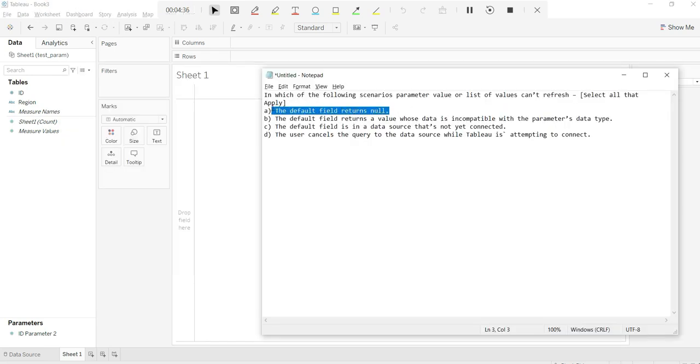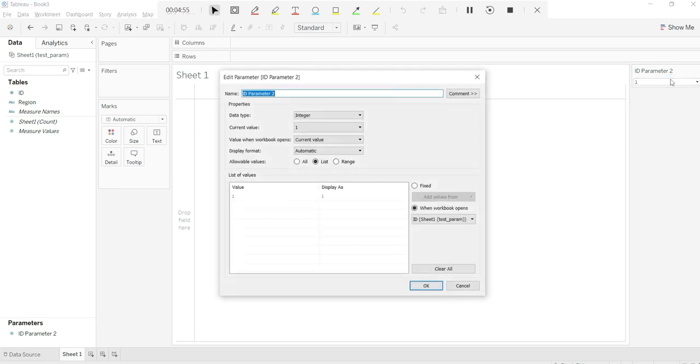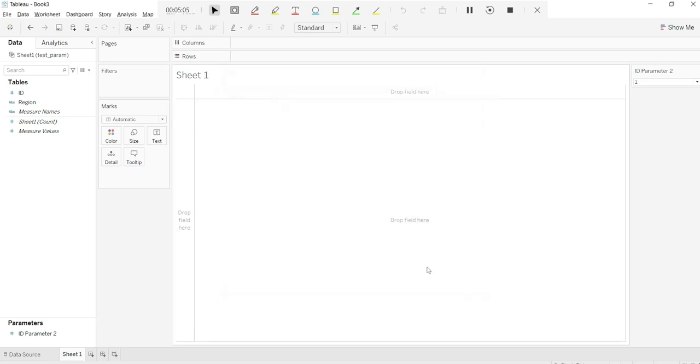If the default field returns null, it will refresh, but the null value will not come over there. We don't want to have a null value over there. So that's it.